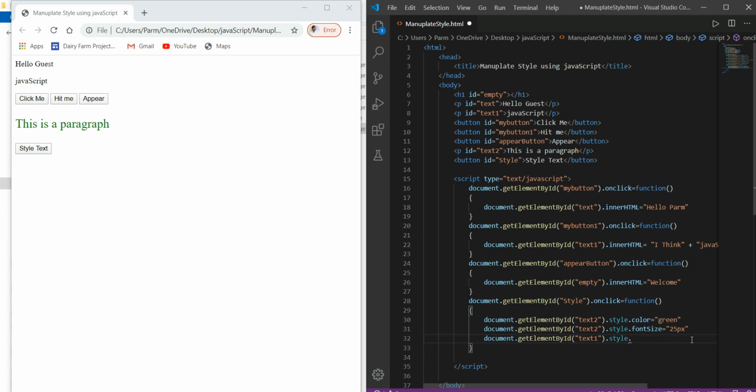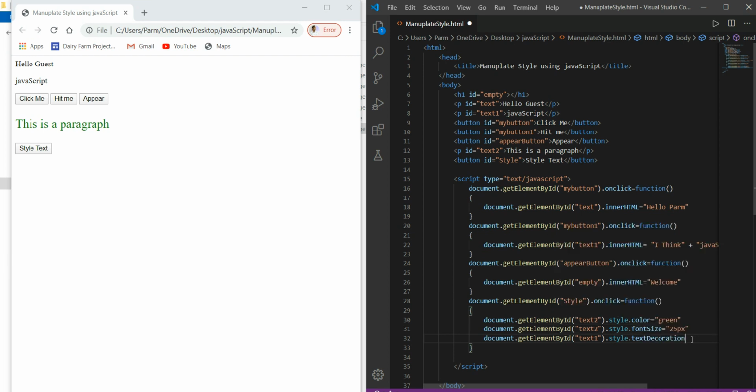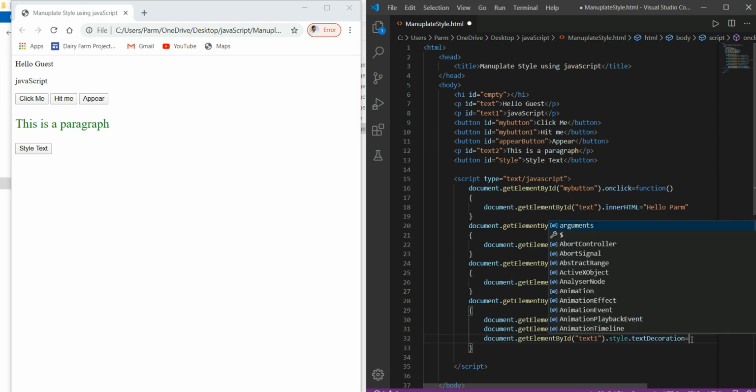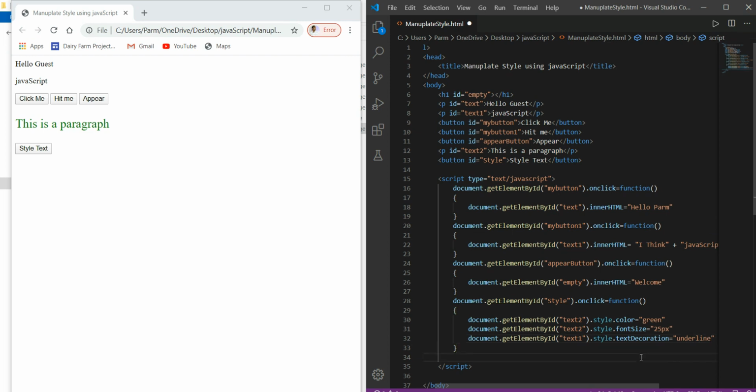That is what is called text decoration. The textDecoration property that I need to use over here, and here I have to give the value underline. Now save this, refresh it over here, then click on this button. Now look at this. We have changed the color and the font size of this paragraph, and we have made this text underlined by click event.